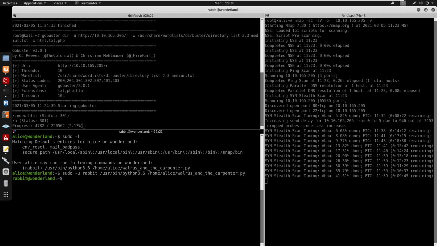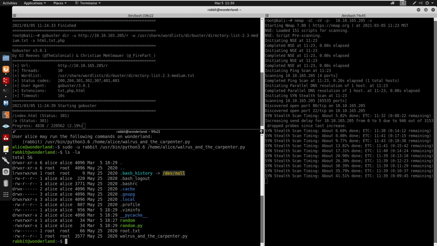And we are rabbit now. Okay, so let me try to do some explaining here. I think it's getting from the random.py I did. I'm not sure if it's supposed to be random.py or random, because all I did was